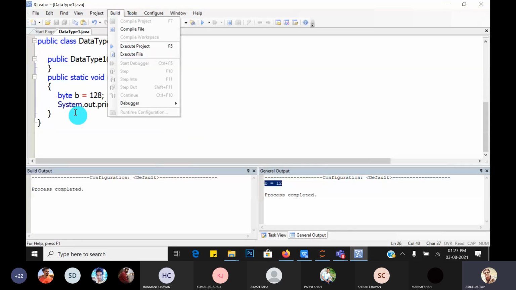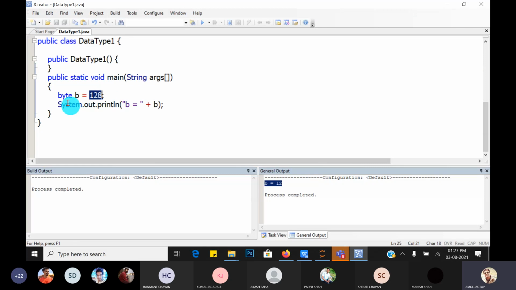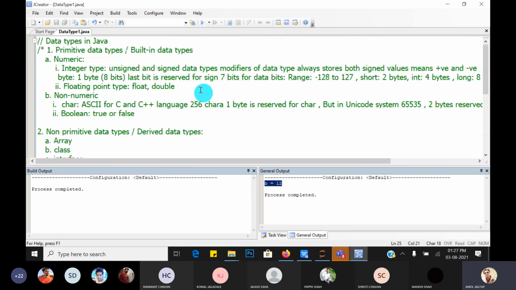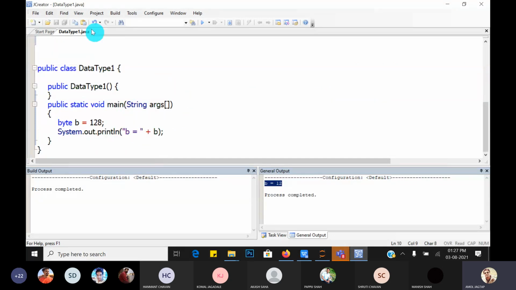But in C and C++, if we write code like this, with an integer data type, then if the range exceeds, as per the 2's complement logic or loop back addressing, it gives the answer minus 128. But in Java, let's check what happens. So compile the code.